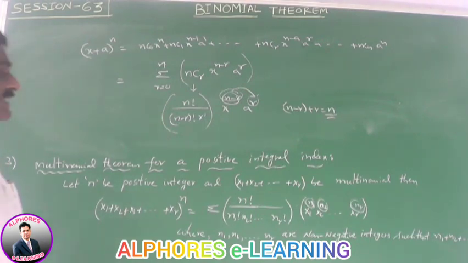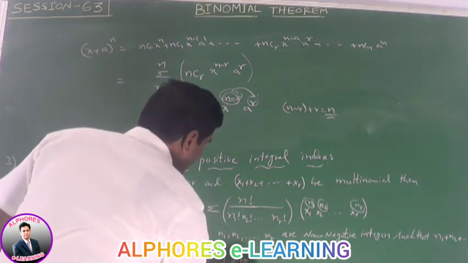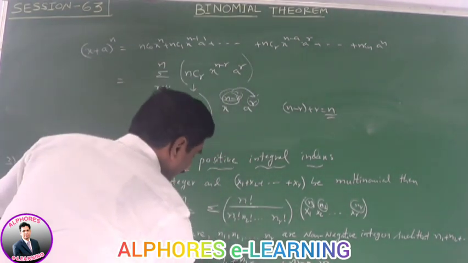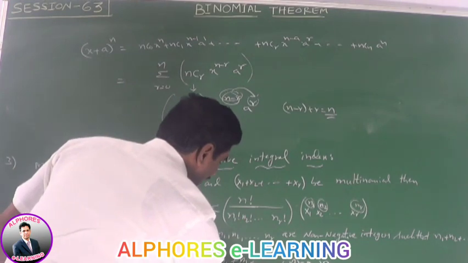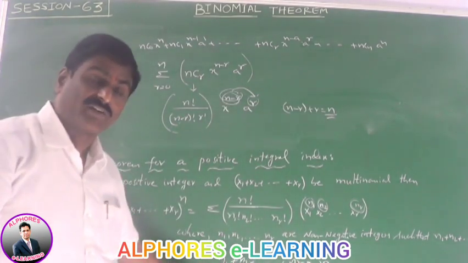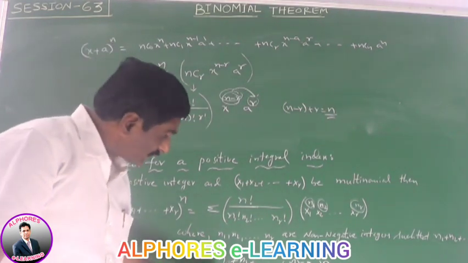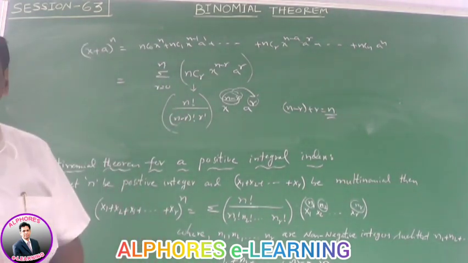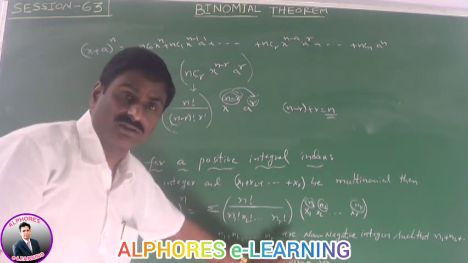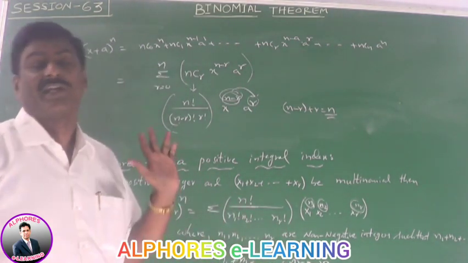In this case, n1 plus n2 plus n3 plus so on, n suffix r is equal to n. That means n1 greater than or equal to 0, n2 greater than or equal to 0, so on, n suffix r greater than or equal to 0. That means these are non-negative integers. In coming chapters, combinations, we already find the number of solutions of this equation. This equation is said to have non-negative integral solutions.